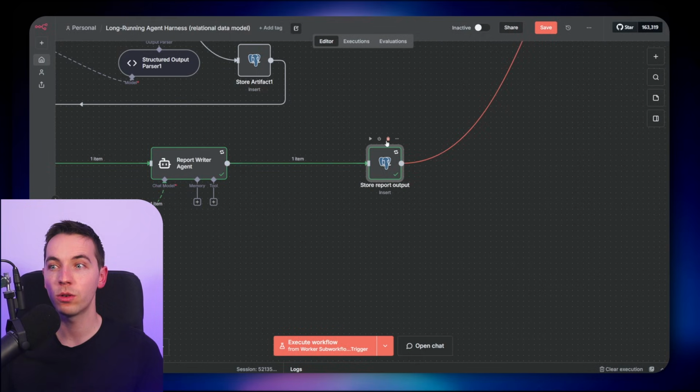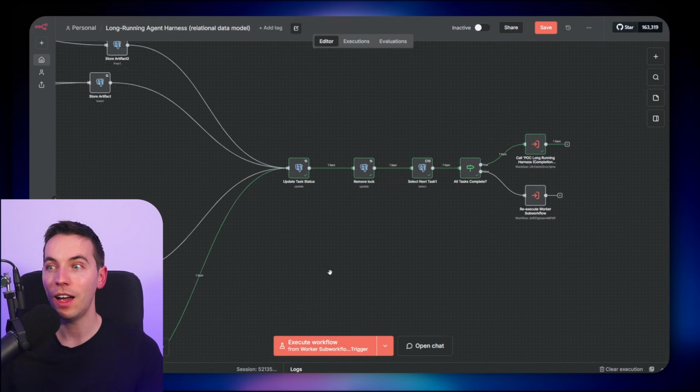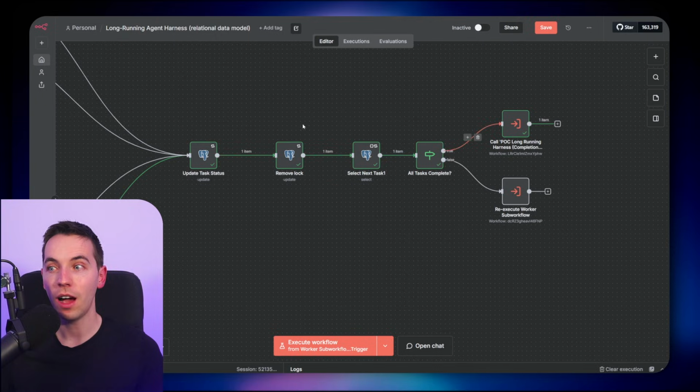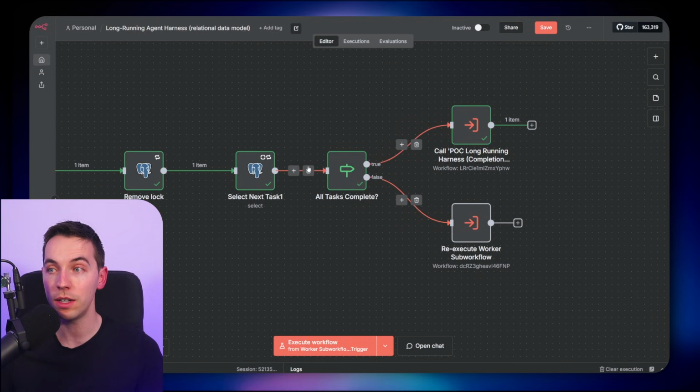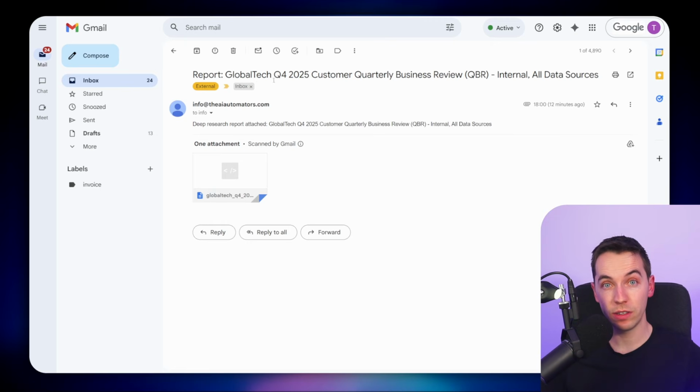So we're finally storing the report output. That's stored as another research artifact within this, and that goes back, removes a lock, and then executes the next worker. However, in this case, all tasks are complete, so it's now finally executed this final completion workflow where it should complete the job. So at the end of this process, I've received an email with this particular report,